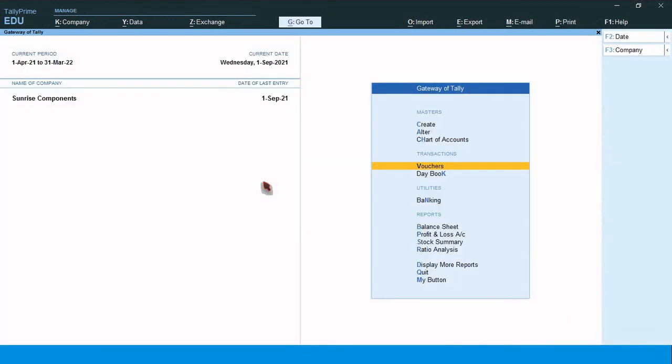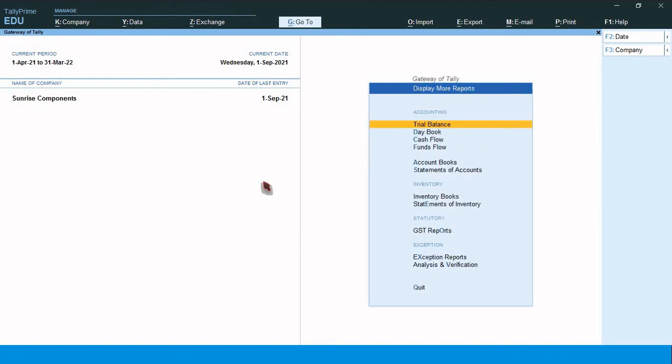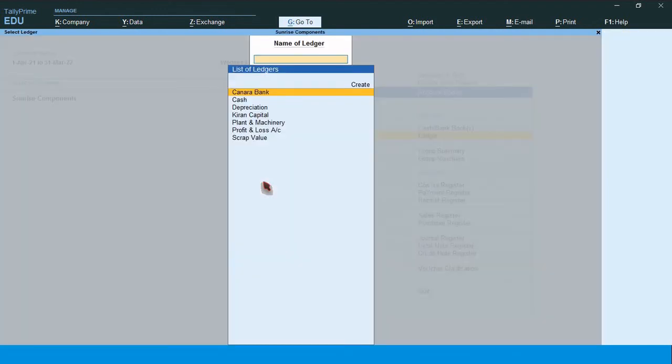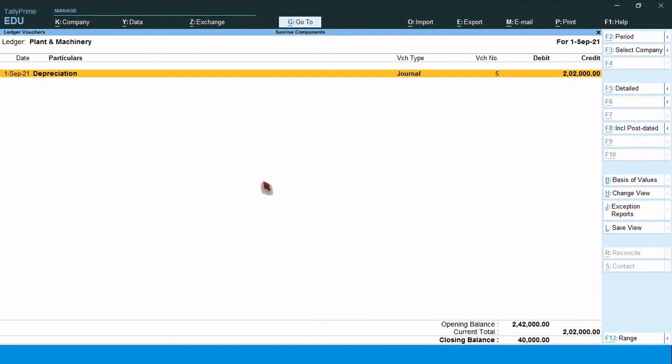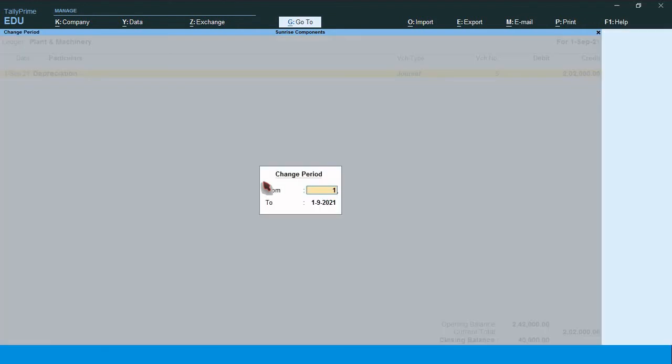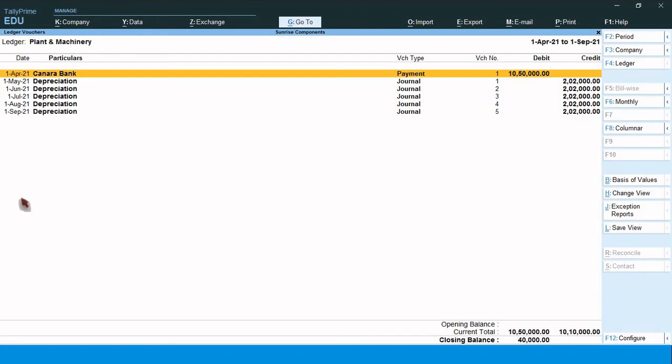And check the plant and machinery report. Display more reports, account books, ledger, plant and machinery. Alt F2 to change the period. See here, 10,50,000 machinery value.